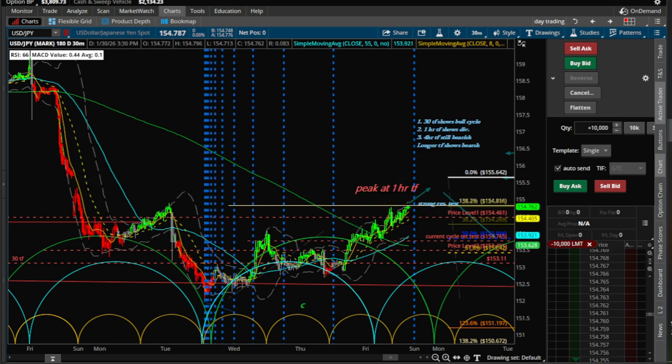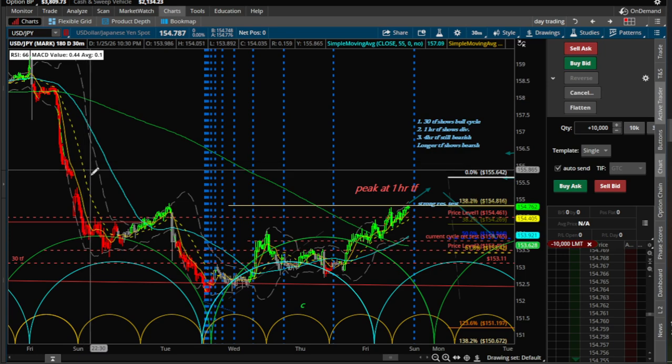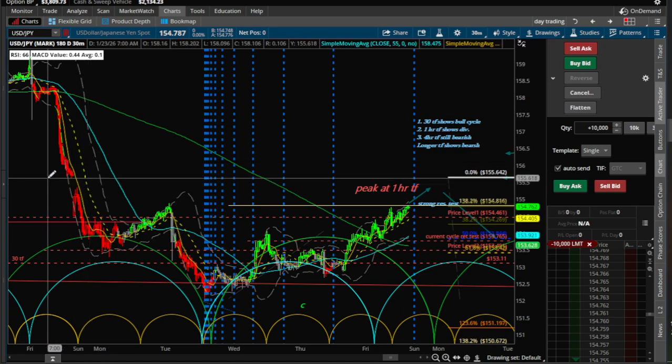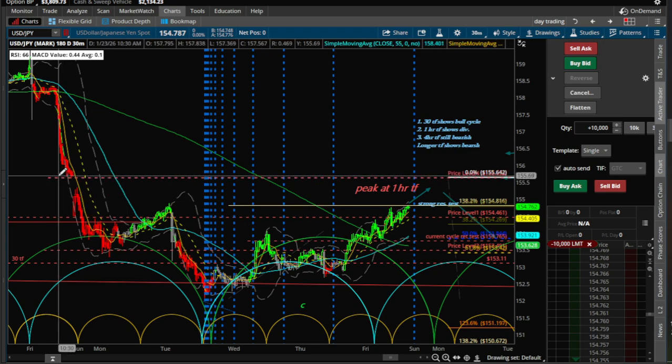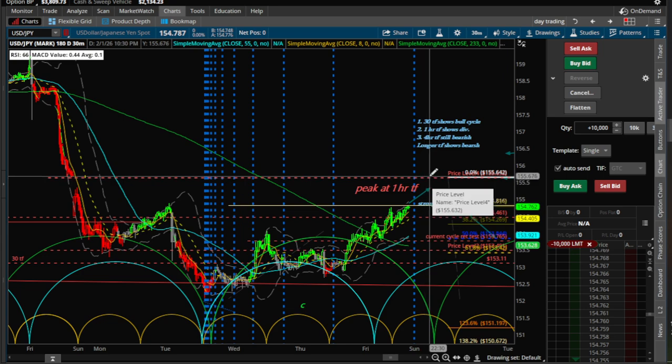well, you have this gap here that I've had my eye on. So let's put a price level there. Let's try to get the highest bid there. We'll put that price right there, and that is 155.632. So maybe a short position there with a real tight stop loss,